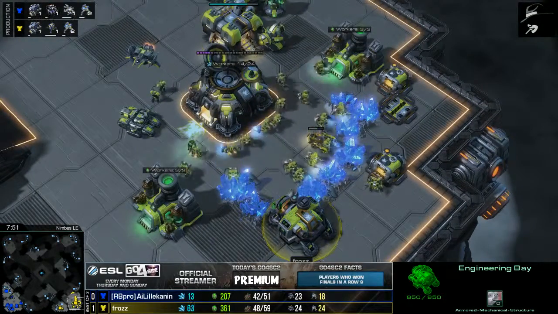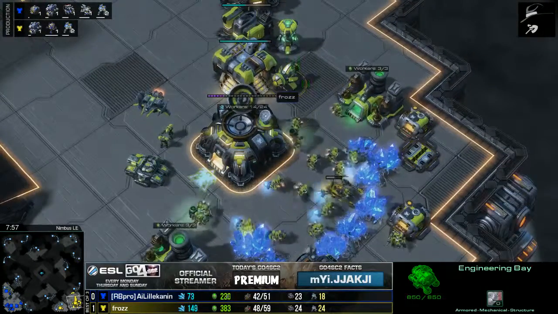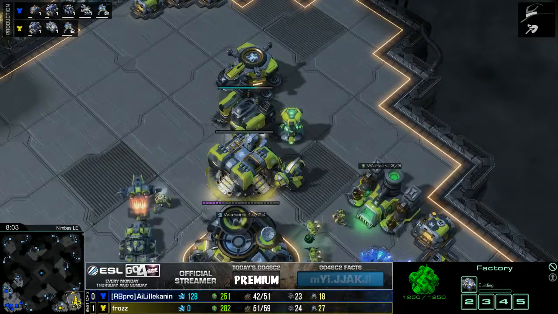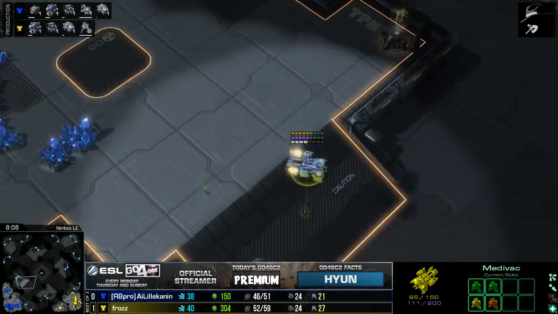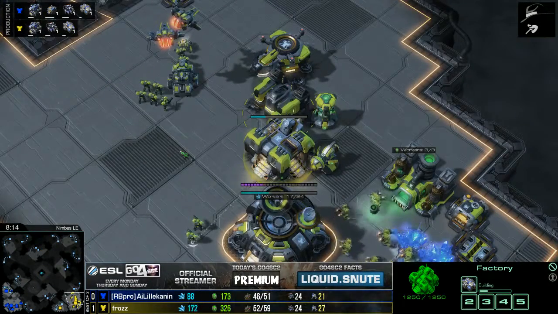He's at like 350, and he's not actually getting any upgrades. No stim, no +1, no nothing. It's just the gas is just climbing for him, higher and higher and higher, and he's not making any use of it. Okay, tanks, good, but still 300 gas remaining in that